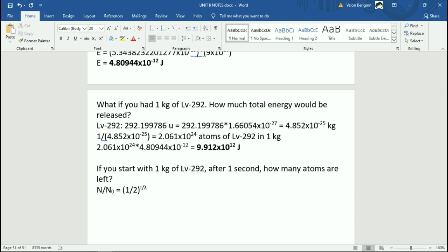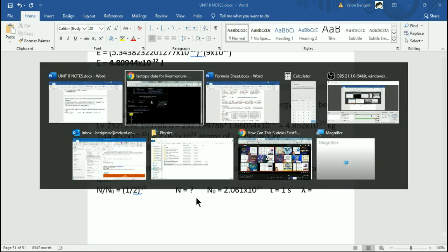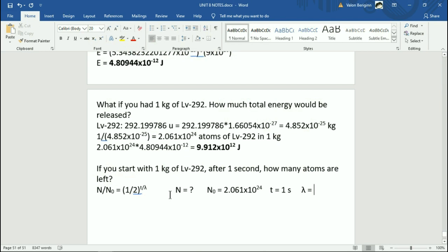Okay. So the numbers we have, we are solving for N. N is how much we have left. N0 is going to be the number of atoms that we start with. And t equals 1 second. And the half-life is 18 milliseconds, which is 0.018 seconds. Okay, so, plugging this in, then we get